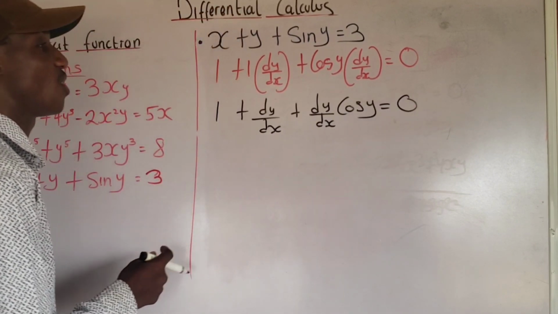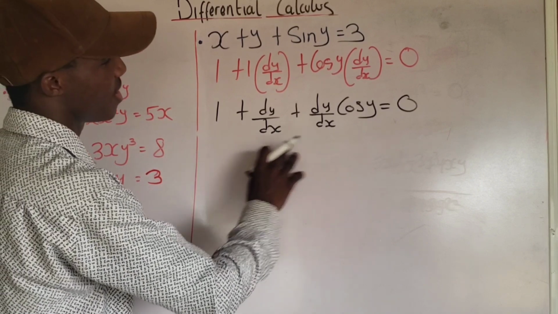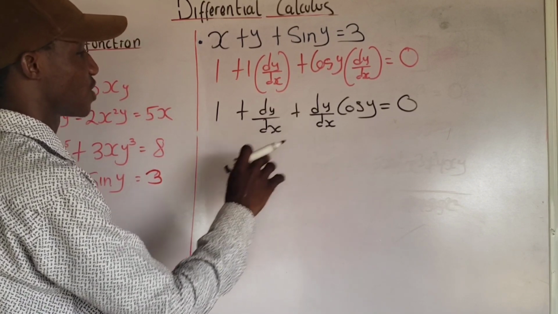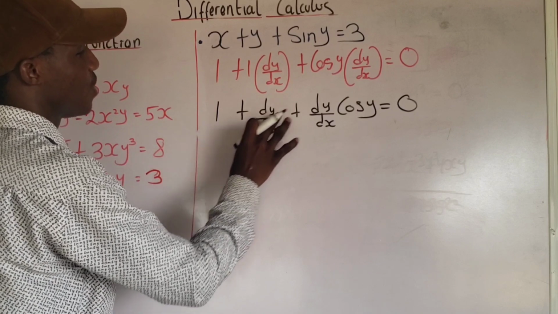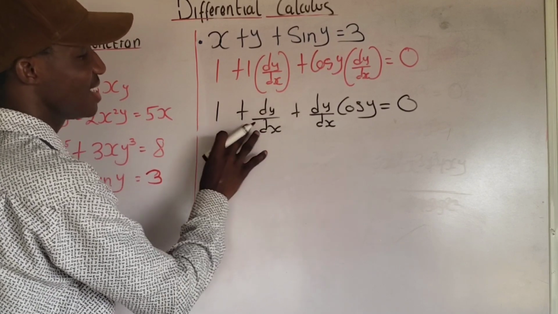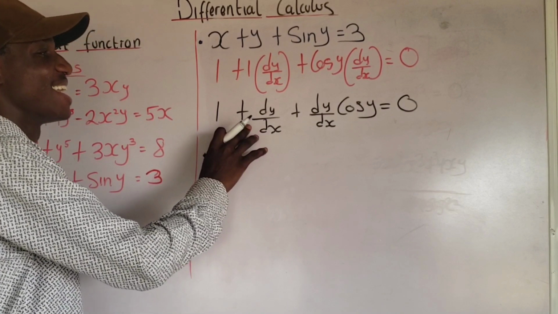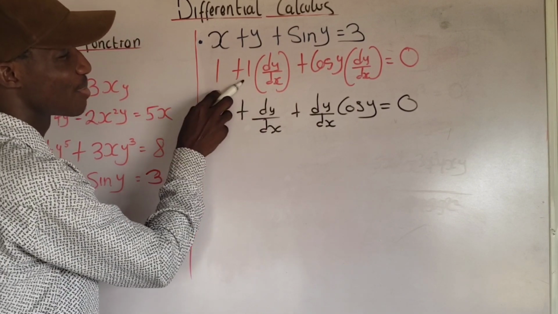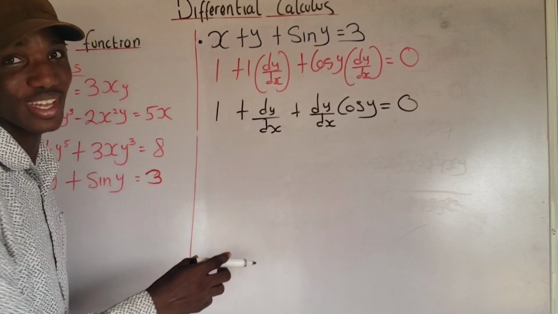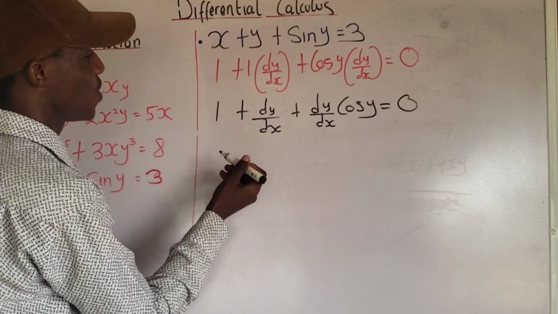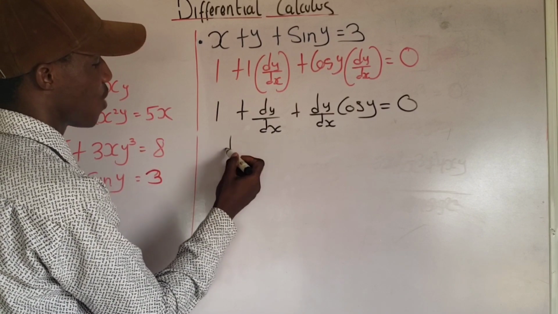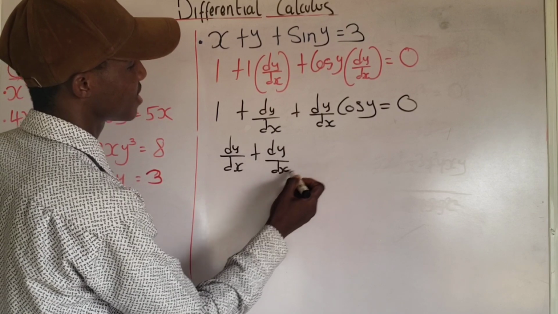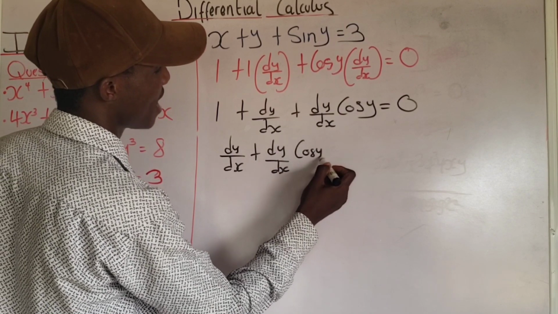Now, the next step, all you have to do is factorize. We have this dy/dx that you see here as an invisible 1. 1 multiplied by dy/dx is also the same thing as dy/dx. It has an invisible one. So for this, I'm going to have dy/dx plus dy/dx cos y equals to,